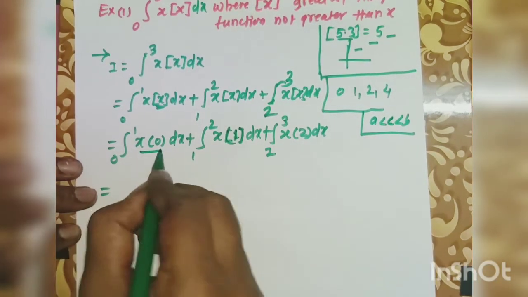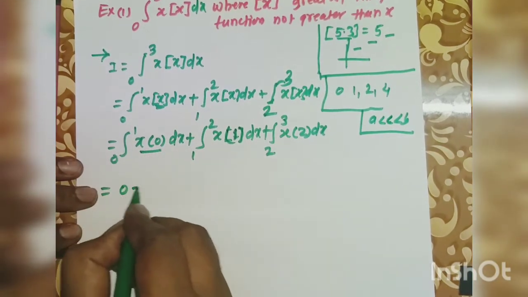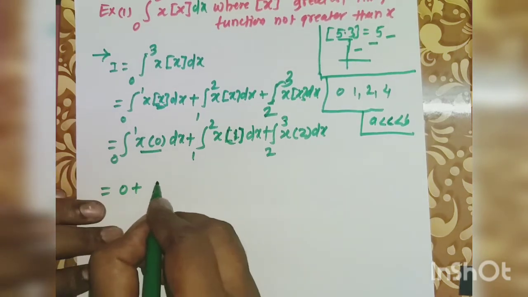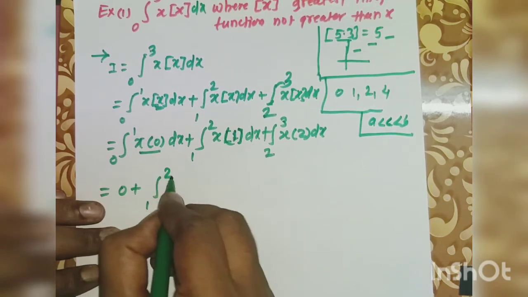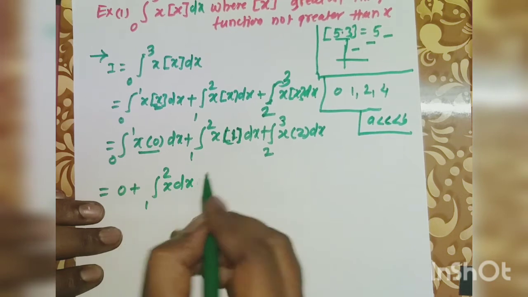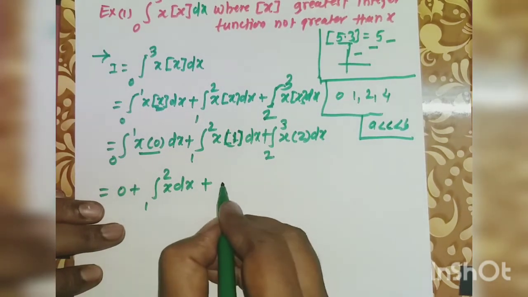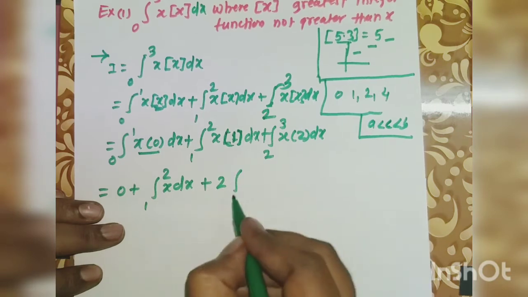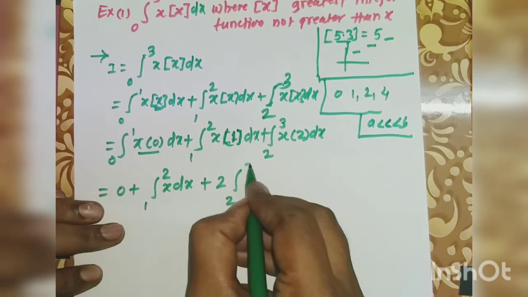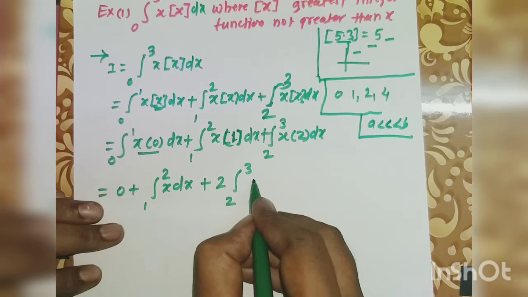Now the first integral is 0 times this, plus the integration of 1 to 2 x dx multiplied by 1, the value does not change, plus twice, taking outside, the integration 2 to 3 x